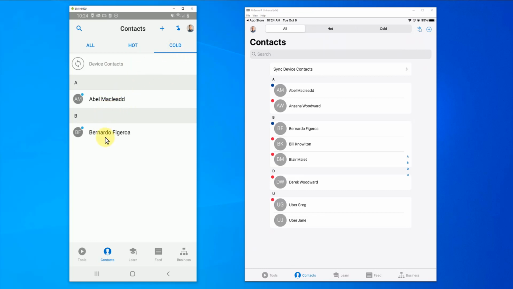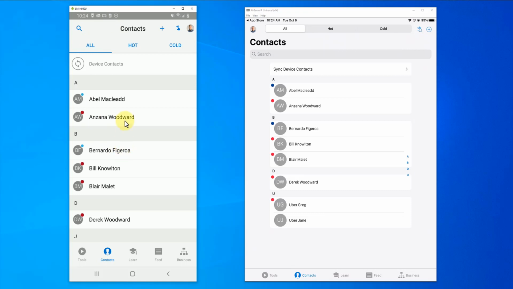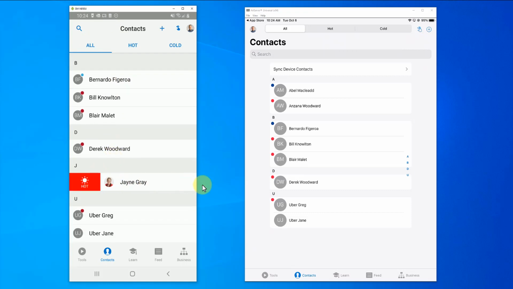So this is just kind of a way to categorize your contacts. You can see here I have 2 contacts in the cold category because these are contacts that are not reaching out to me with ASEA, so I put them in the cold category. My hot list, on the contrary, are people who are actively engaged in what I'm sending. So let's go ahead and mark Jane as a hot lead, like so.